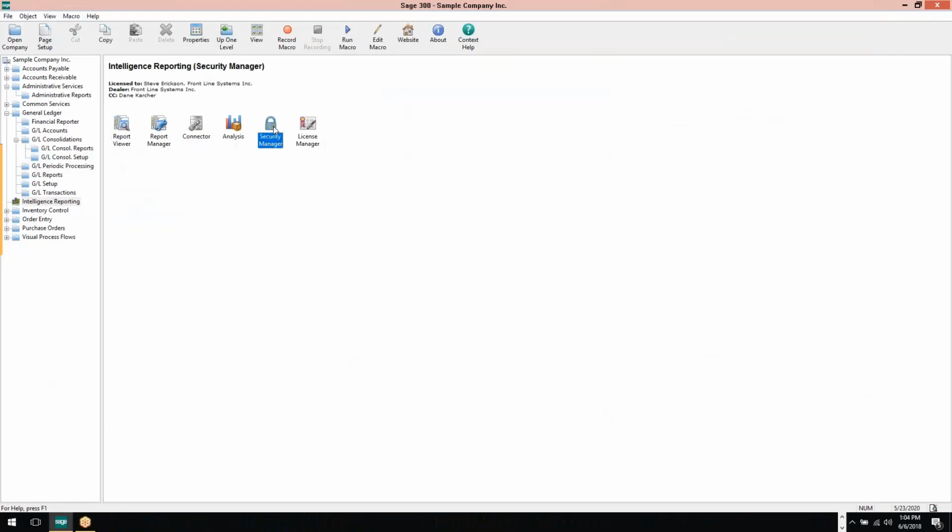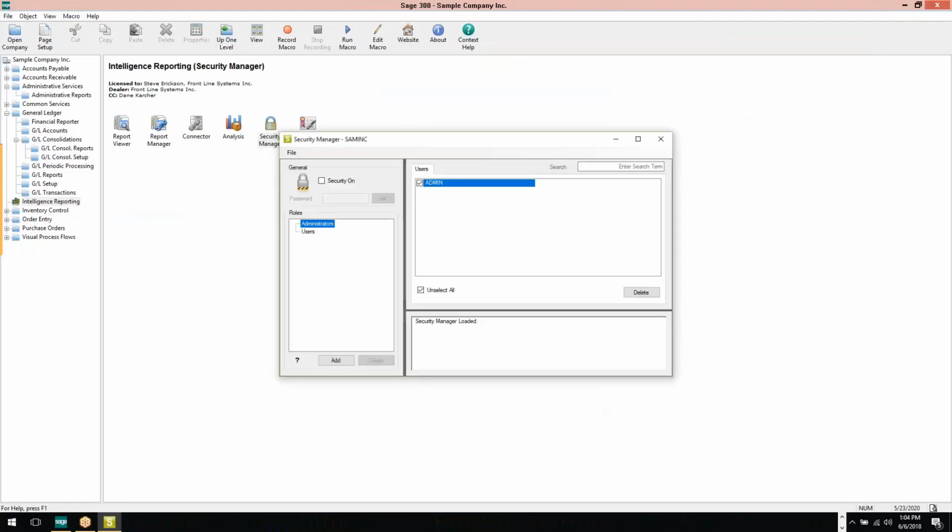The security manager is where you would go in and set up security on your reports. And what this allows you to do, in my demo case here, I don't have security turned on, but let's say you had multiple divisions in your company, like maybe you have an executive division, a sales division, accounting division, and a warehouse division. There may be reports that you only want the executives to see and not the sales and warehouse people. What you would do is you'd come set up different roles in here, and you would assign people